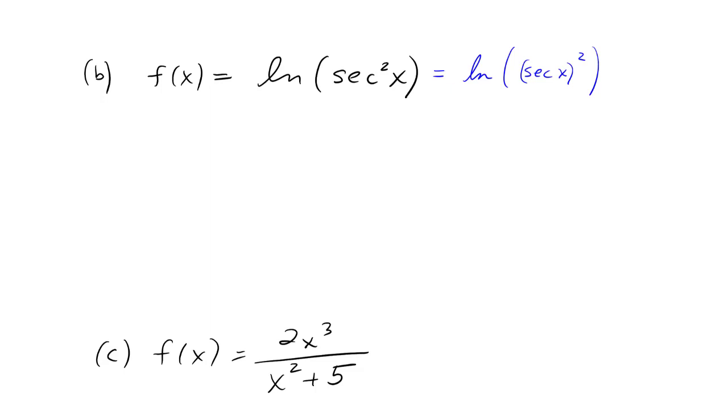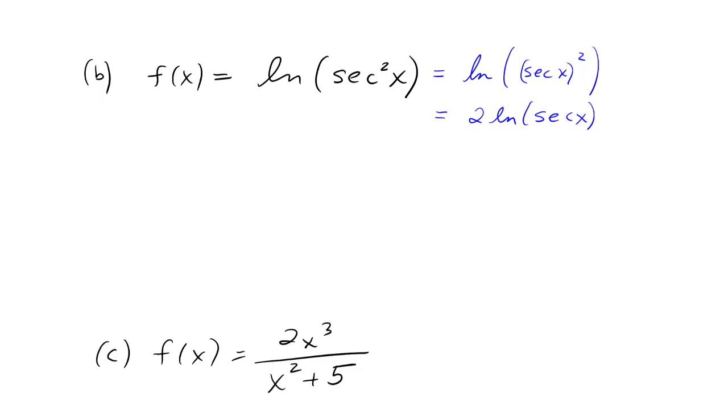That's just shorthand inside. So using some simplification, 2 ln secant x. Okay, so I simplified that just using those logarithm rules, and now I can go ahead